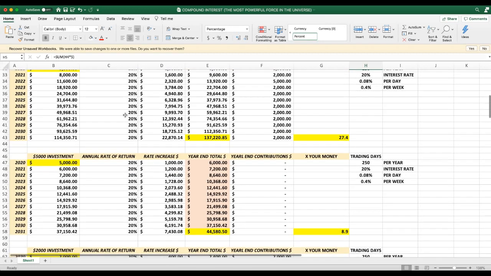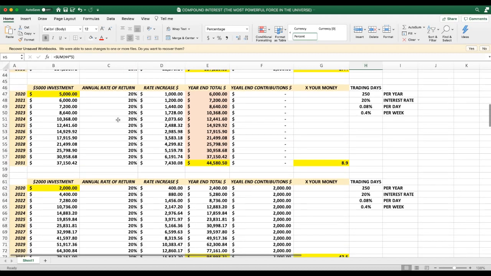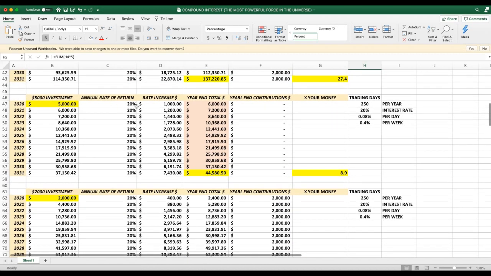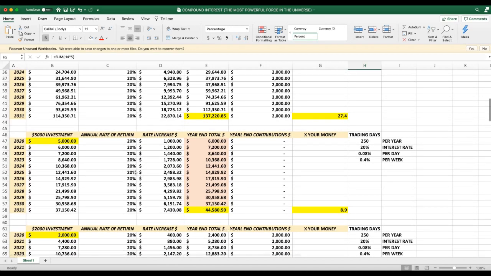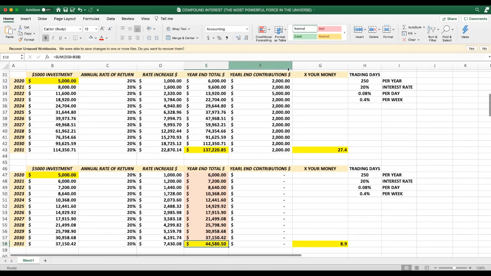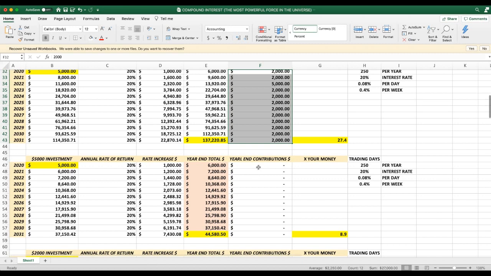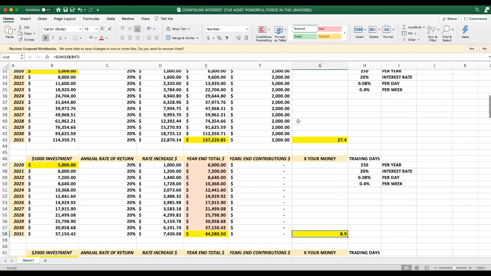We'll get into that a little bit later on the chart, and I'll show you what I'm doing. But anyway, now, 5,000 at 20% return without adding. Wow, that makes a difference, doesn't it? It's only 44,000. Wait, what? If I add all those contributions of 24,000, I get 137,000, but I'm only putting in a total of 29,000 to get 137. But if I don't contribute extra and I make the same percent, I only get 44. I mean, 8.99x versus 27x.